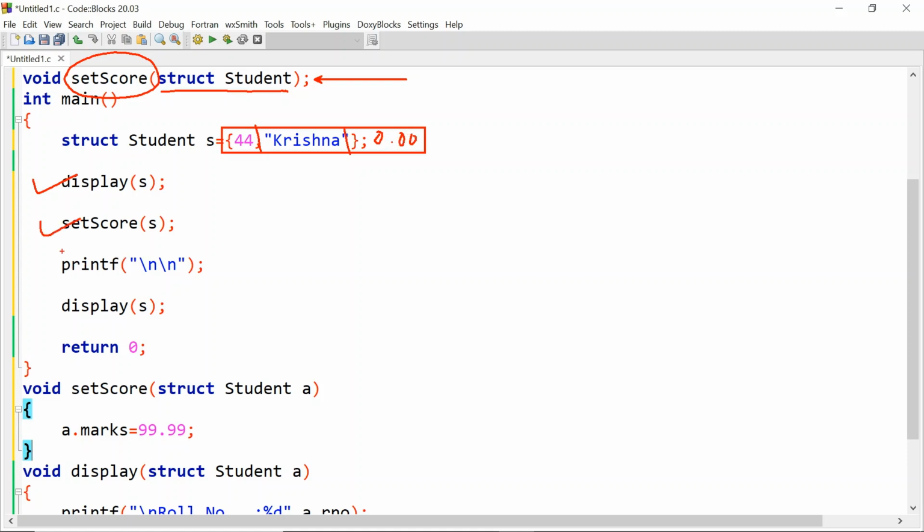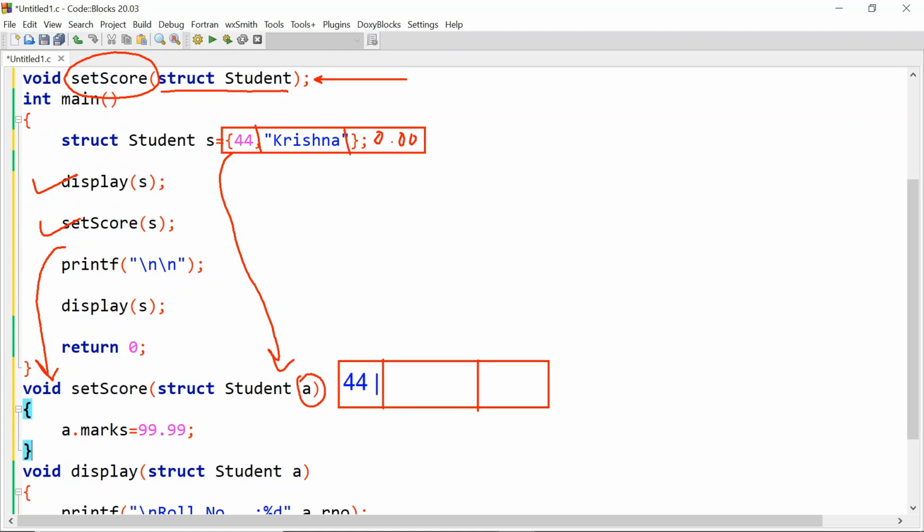When the set score function is called, control jumps to the set score function and the values are collected in structure A. Here if we update a.marks, then that update is going to take place over here, not in the original structure. When we get back to our main function and call display again, it will print the value of s, which is still the same